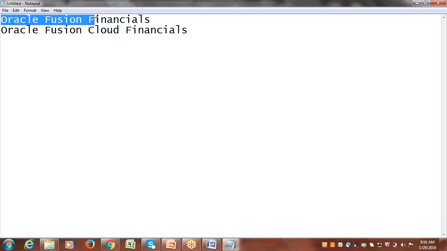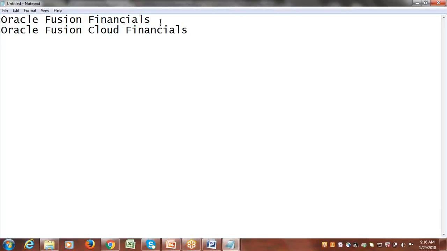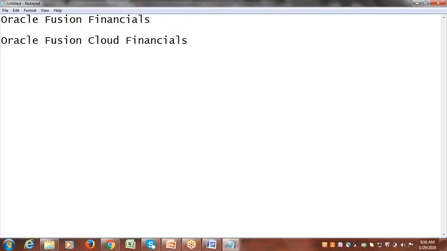If you subscribe to the same Oracle Fusion Financials product from Oracle, you are not going to maintain your servers. You don't need to maintain any technical team, and you are not going to take the license, you'll be taking the subscription. In that scenario, you call it Oracle Fusion Cloud Financials. The servers are maintained by Oracle, and when you take the subscription for that product, we call that cloud. We just add the term cloud for the specific offering.